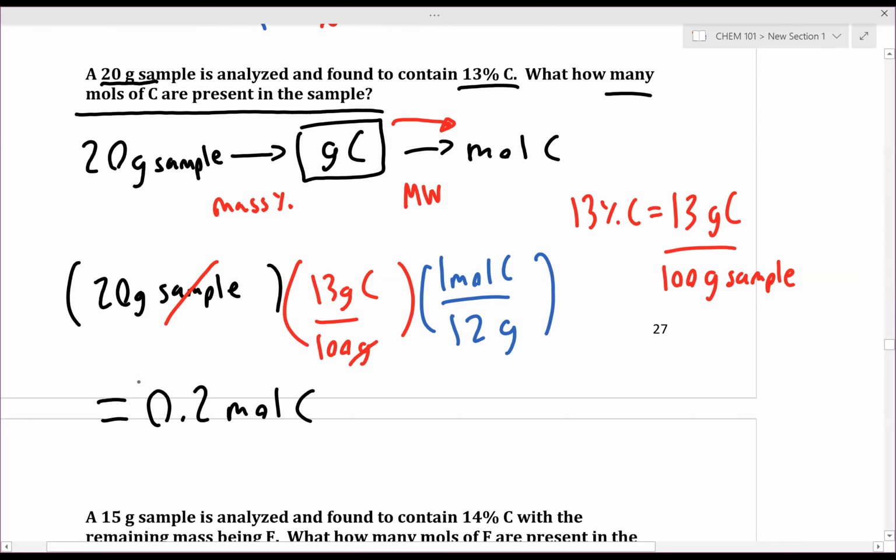moles of carbon. Why are we rounding this number to 1 sig fig? How many sig figs does our input have? 1. Okay, everyone comfortable so far? Okay. Now,